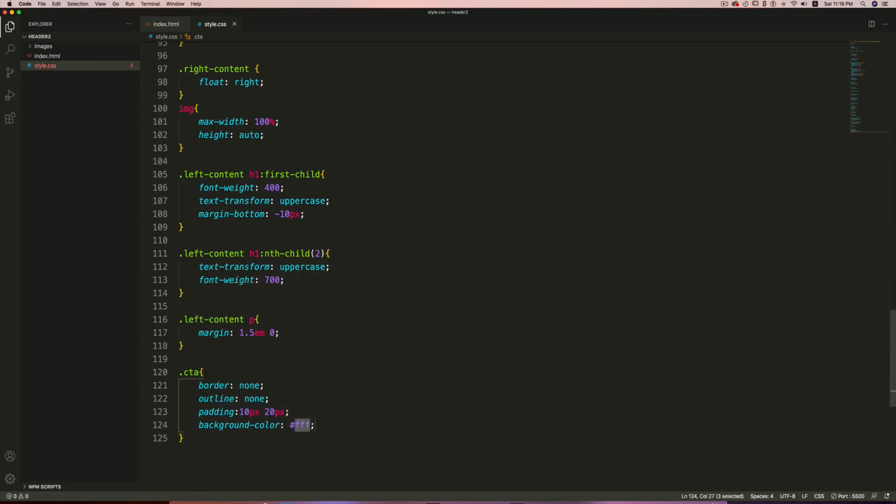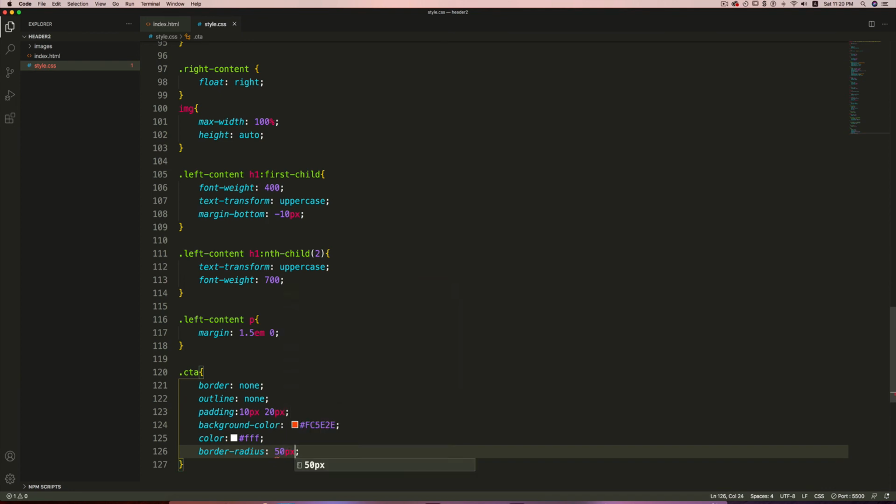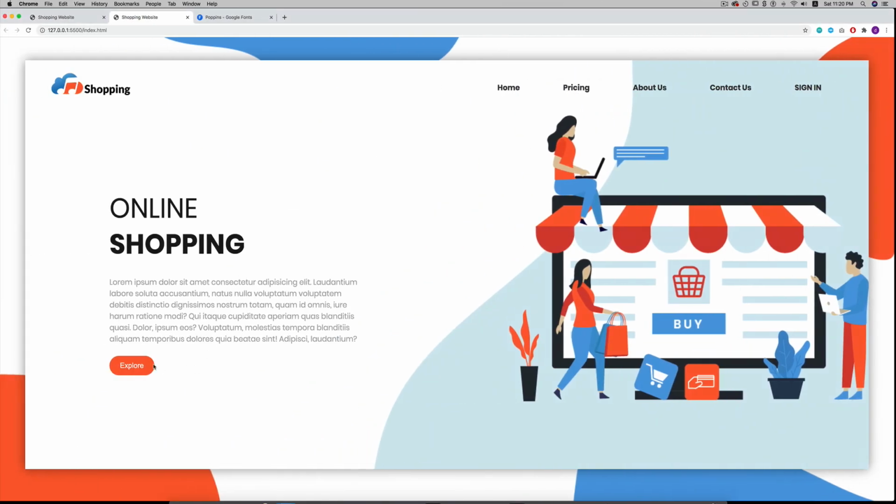Background color will be hash FC5E2E, and the color of the text will be white. Border radius will be 50 pixel to make it a little bit round at the corner, and cursor will be pointer, so that when you move your mouse the cursor changes to a pointer.